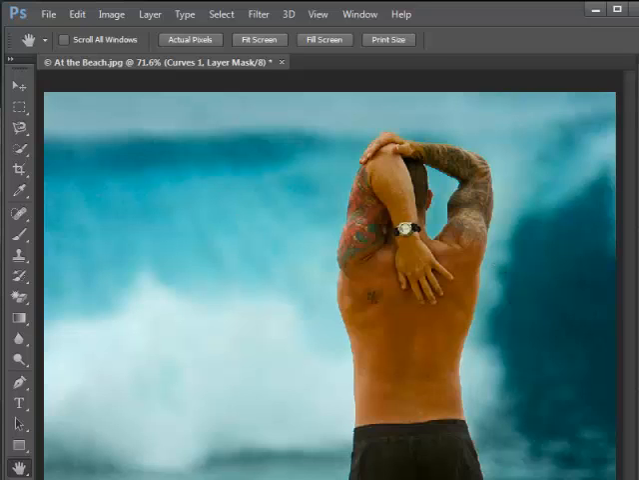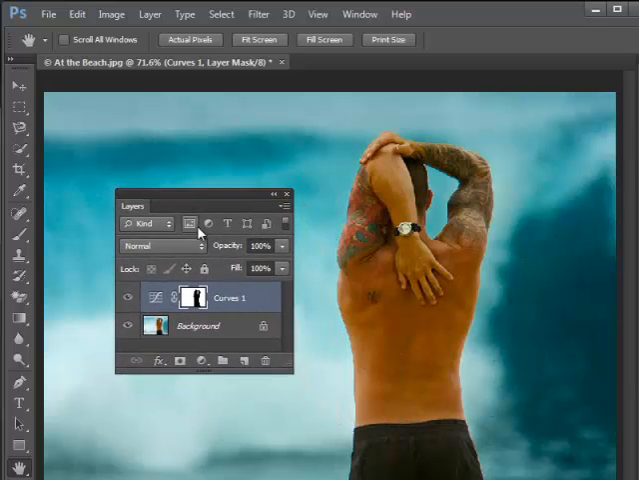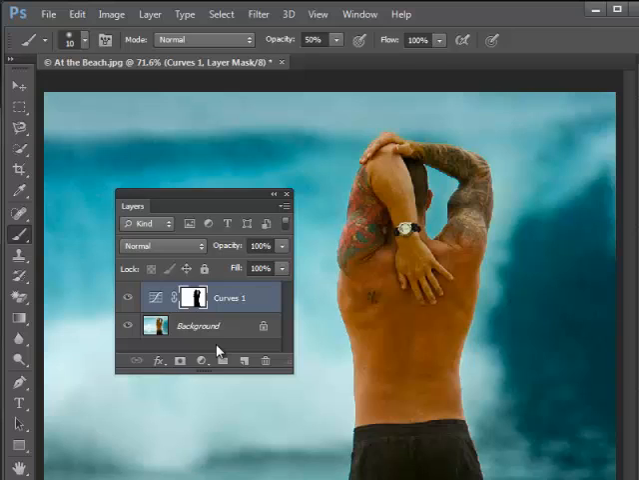But one thing I don't like is that it made this part of the picture too dark. So, over in my Layers panel, I will go to my paintbrush, and I'll switch to black paint and use a large soft edge brush, and I'm going to set my opacity at about 20% or so,